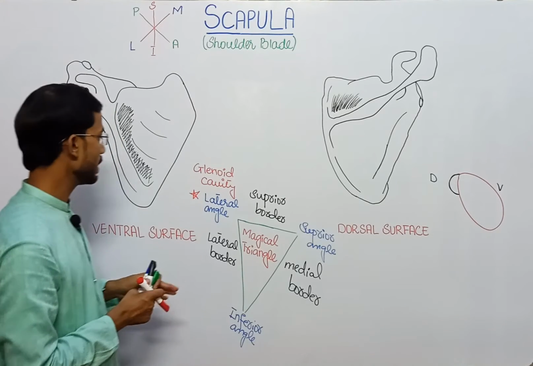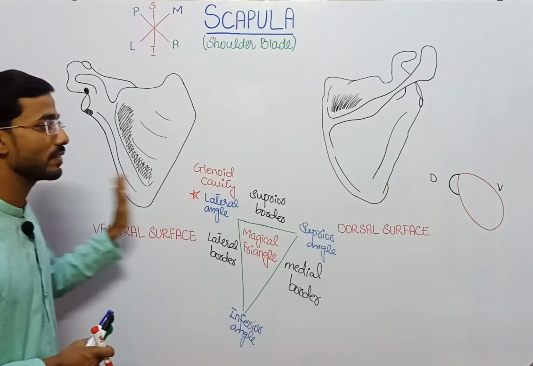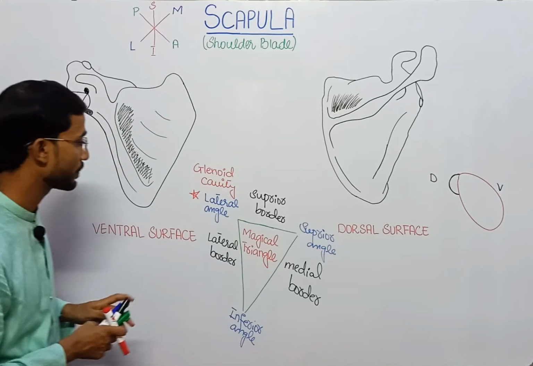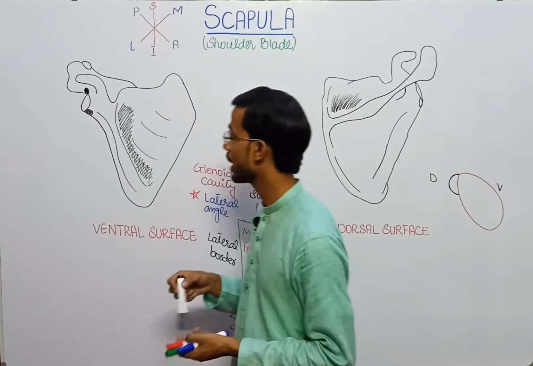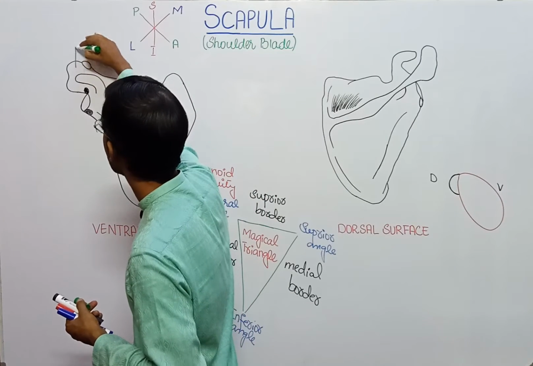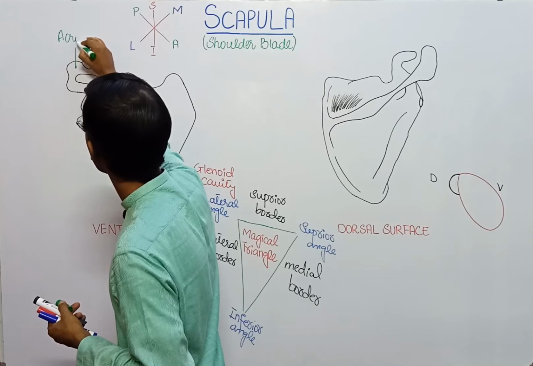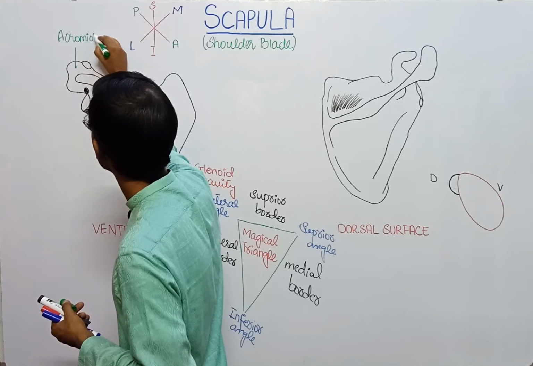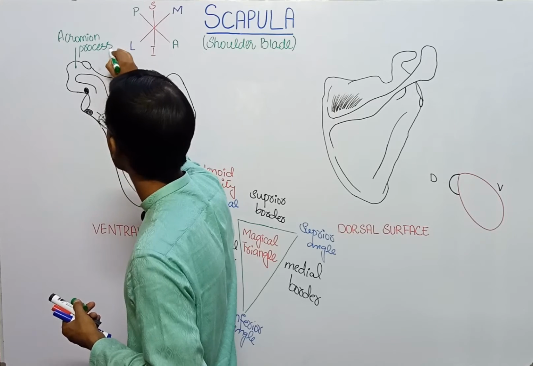Here you can see we will first discuss its ventral surface and then the dorsal surface. Here you can see that this is the acromion process of the scapula,